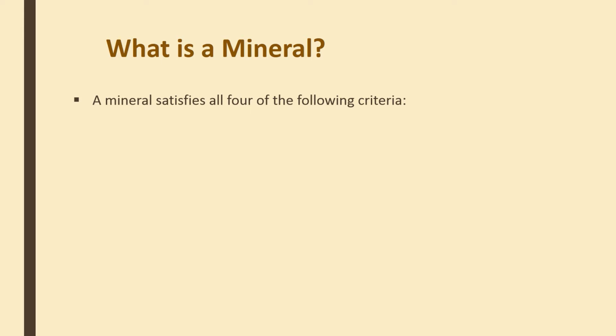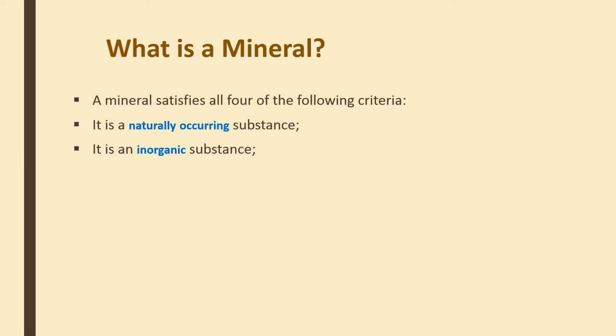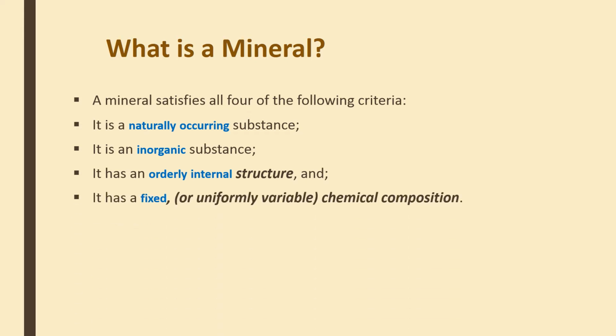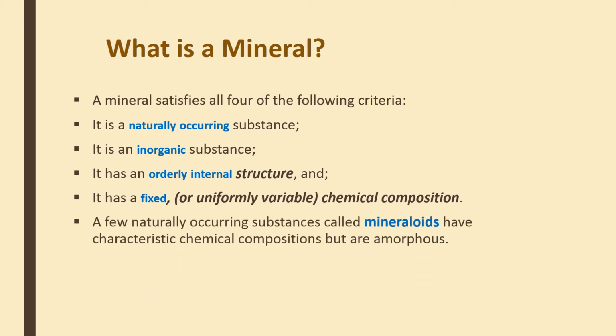When you need to define a mineral, you need to know these four criteria. If they apply, then this will be a mineral. First, it is a naturally occurring substance, an inorganic substance. It has an orderly internal structure and it has a fixed chemical composition. If you have all these conditions, then you have a mineral. Okay,